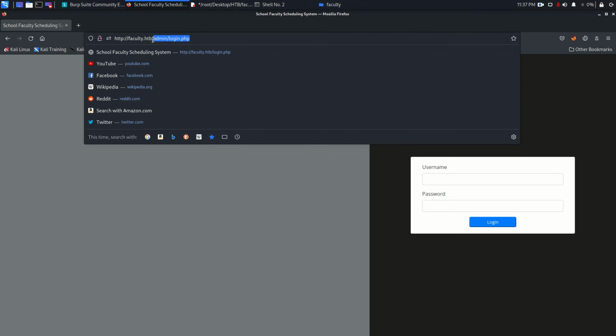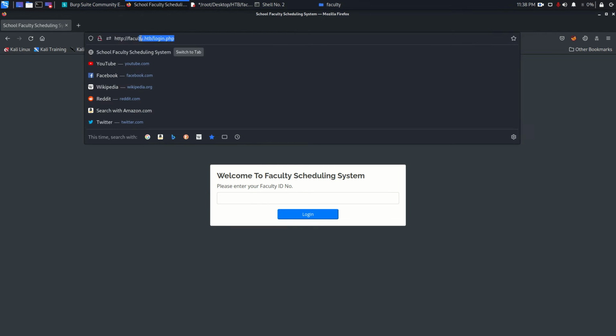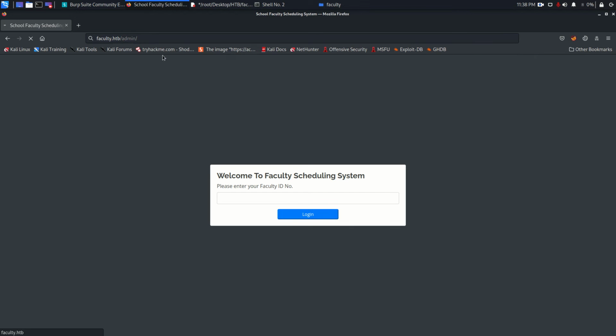okay, and it is going to give us this page, which is admin page. So if I do not put here anything, just index.php, login.php, it is going to give us this page, which is to log in here as a faculty. But instead of that, if without login as any faculty member, if I just say admin, it is going to redirect us to a page where we have to log in as user with the username and password credential. So